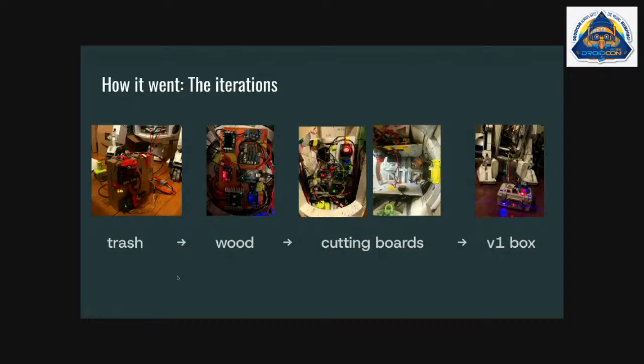Then I had a scrap of flooring, just wood flooring. I threw everything on that, and that was in there for way too long. And then I went to the cutting boards everybody's using, and I still was awful with cable management, and I